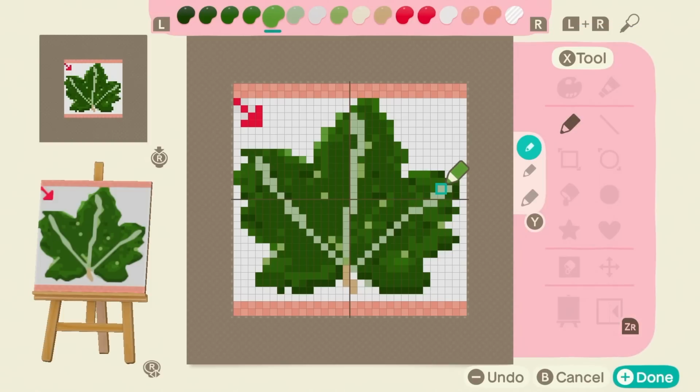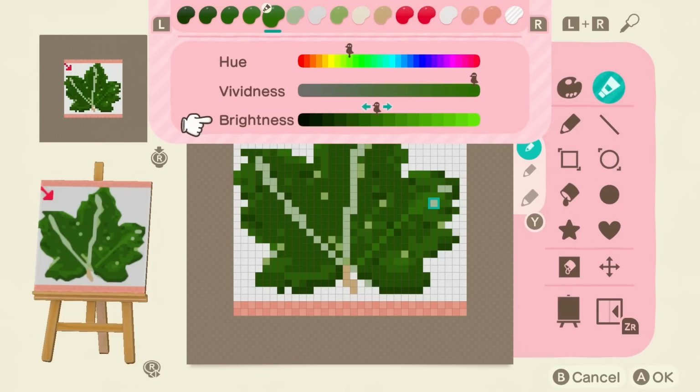I also started to realise that the colour I had chosen for the veins was getting in the way and stopping me from picking a shade that worked with the rest of the leaf. So I ended up changing this colour too and picking something which fits in more naturally to the other colours I'd already selected. At least as far as I know, it's not the same green. That's the same green as that one.